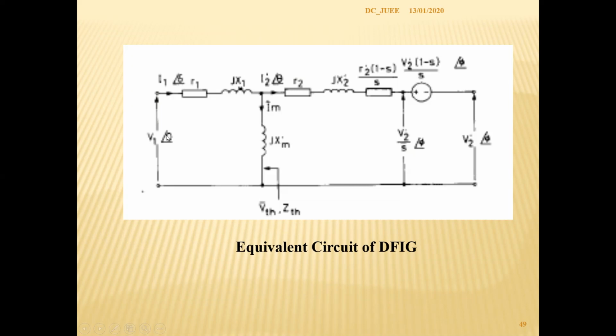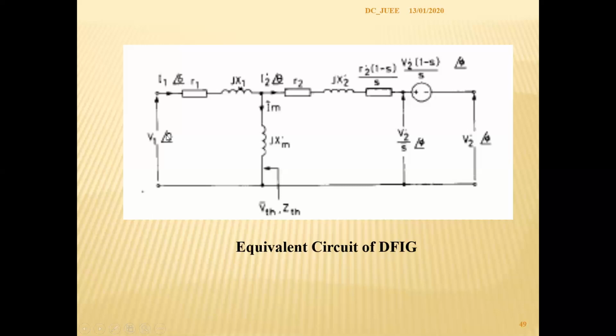This is the rotor resistance power. And as I am feeding voltage V2 and current I2, this power is also there: 3 V2 I2 cos(phi minus theta), because the voltage has an angle phi and the current has an angle theta. The cosine of the angle between voltage and current gives the power. So it is 3 I2 square R2 by S plus 3 V2 I2 cos(phi minus theta) by S, because it was V2 by S.